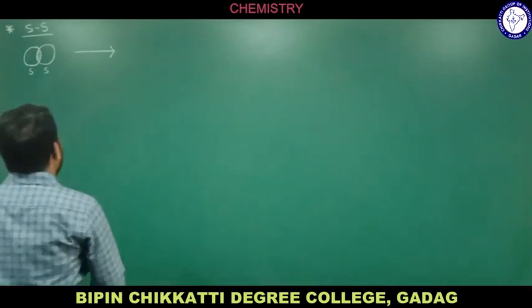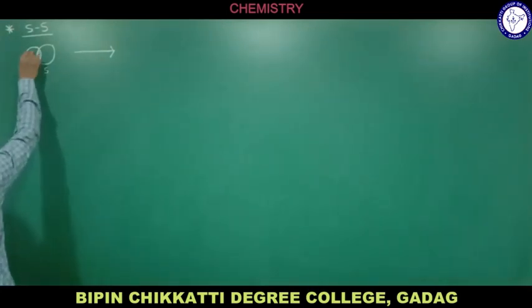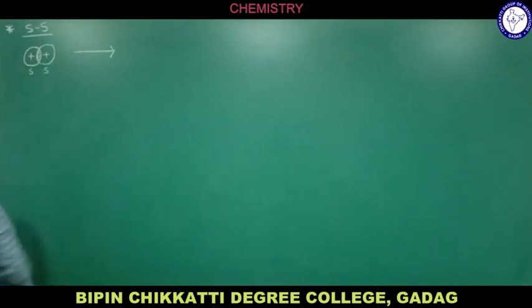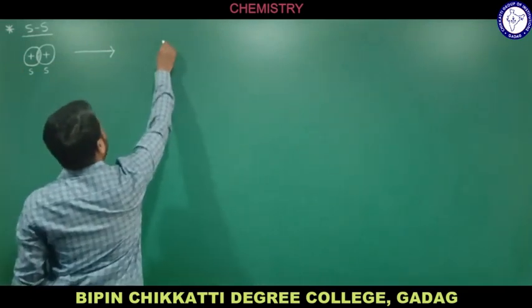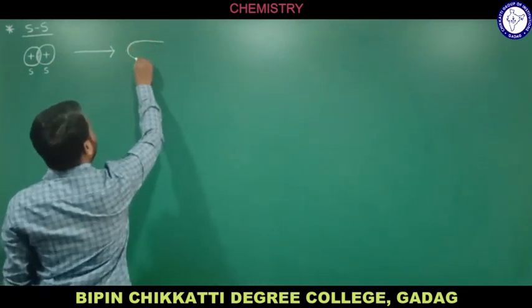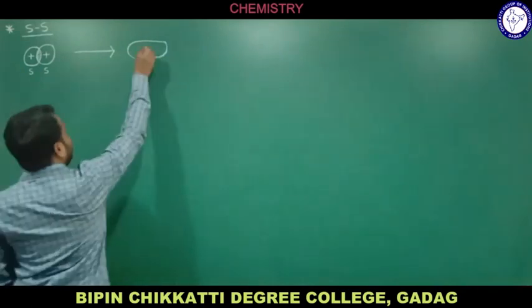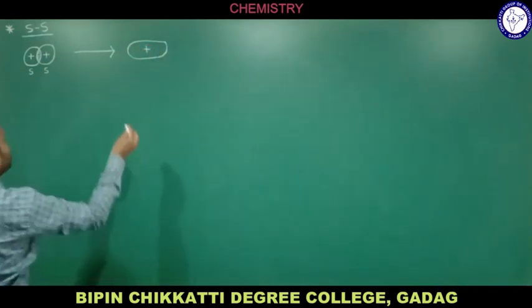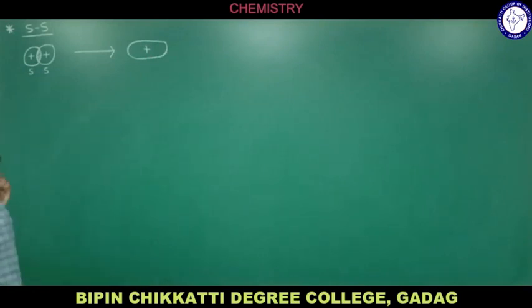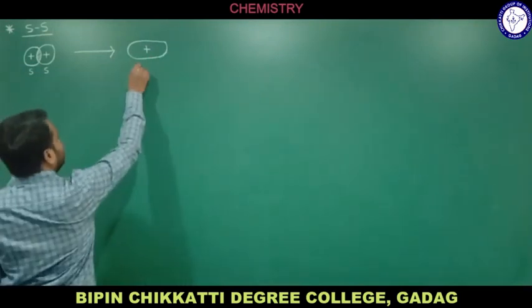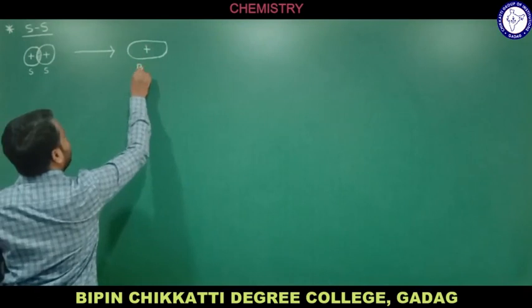So for that I represent, this is one sign plus and this atomic orbital is one sign plus. So we have lobes of the same sign, and then what happens, there will be a molecular orbital, particularly BMO. So this is how the molecular orbital is formed, and here I can mention one sign plus because there will be addition overlap of atomic orbitals, and this is nothing but BMO,